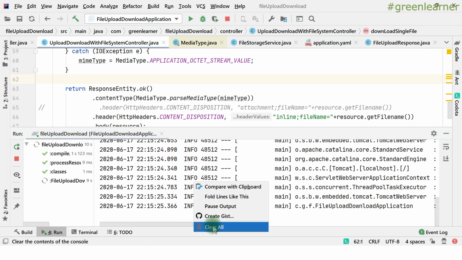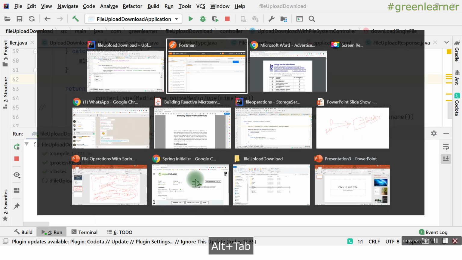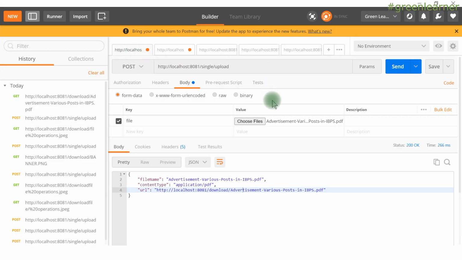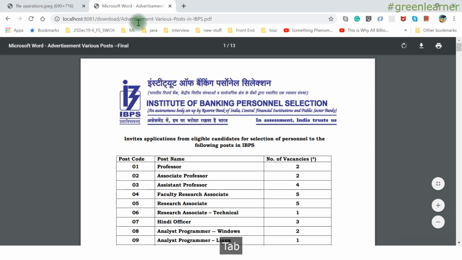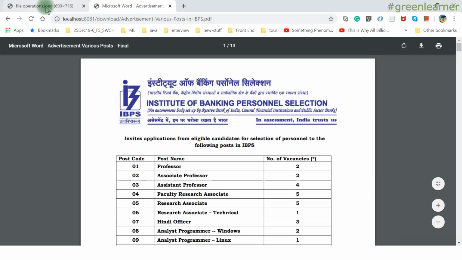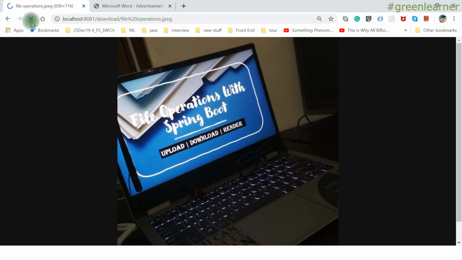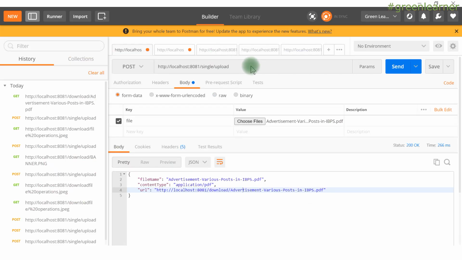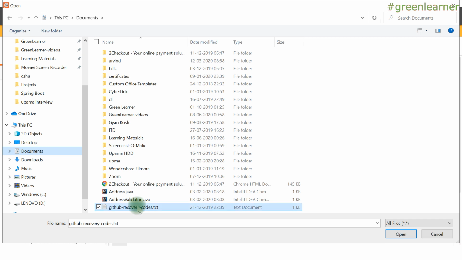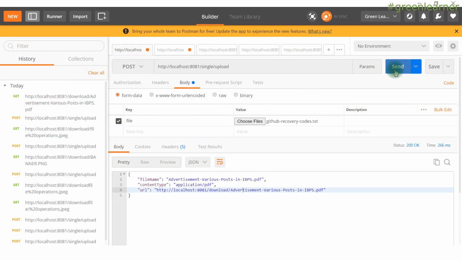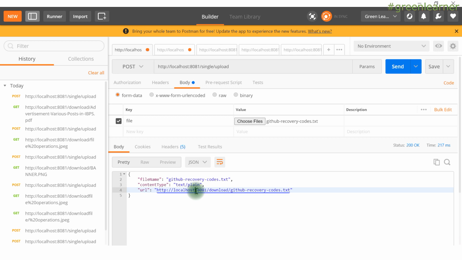Server is running now. Let's go here, coming here and choosing the file. This file is already there, right? So I can go ahead and refresh this one. Application PDF, it is rendering this one properly, and if I refresh the JPG, it is rendering this one properly as well, right? And if I come to a different file type here, let's see with the text type. One text type, let's see that as well. So it has downloaded that one.